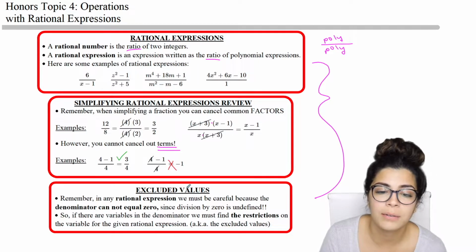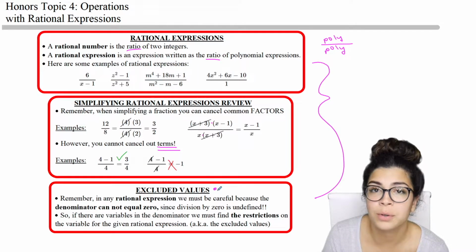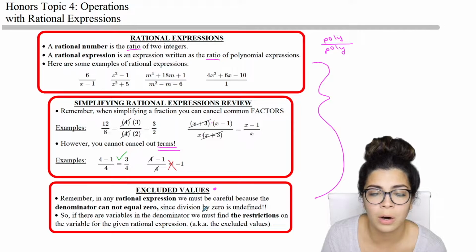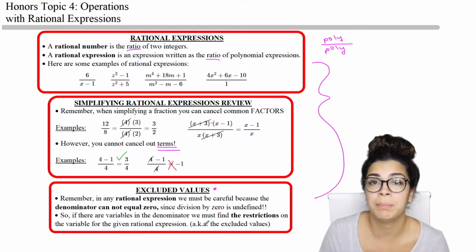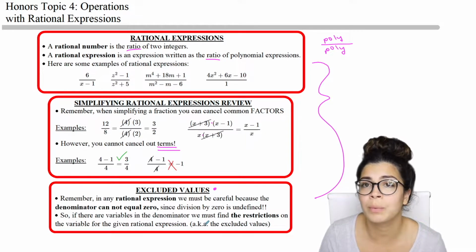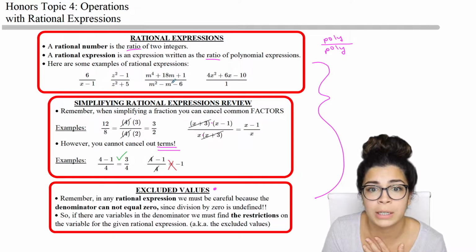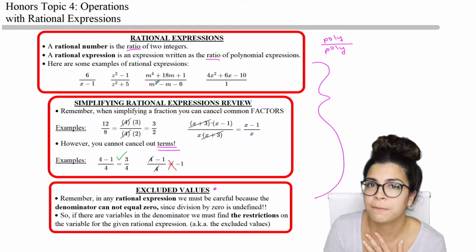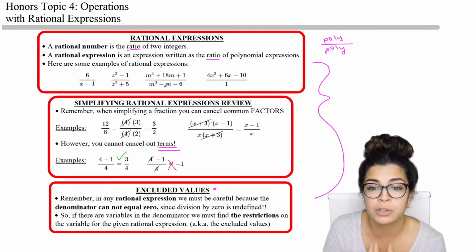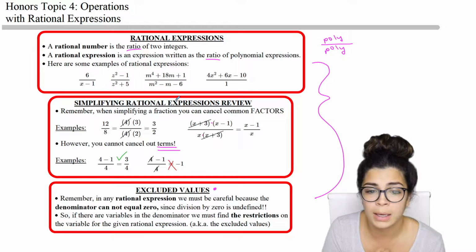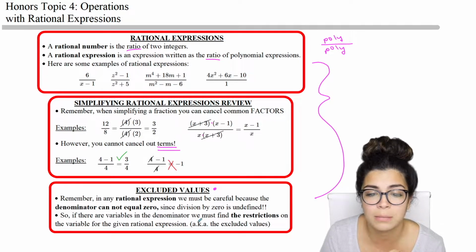Now, the other thing that I want to cover, as a review, is excluded values. Remember that excluded values are any values that cannot be possible. In this case, when we have a fraction, the issue is that if you have a fraction that is a polynomial in the numerator and denominator, there's a potential for variables in the denominator, which is the problem. The issue is that whatever value makes the denominator 0 is not possible because you can't divide by 0